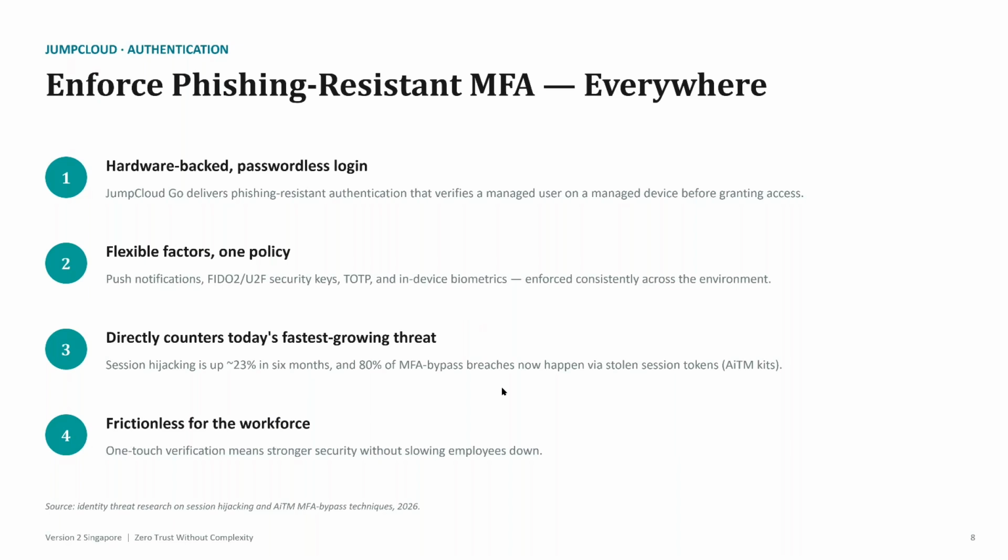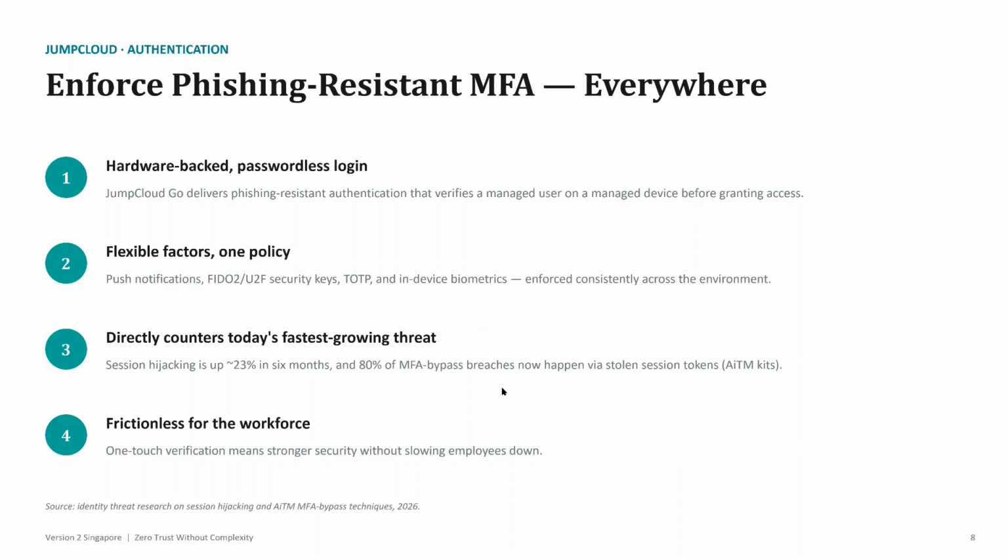And we have flexible factors, so we support push notifications. You can use security keys, TOTP, or in-device biometrics. So you can use an iPhone or install an app to authenticate with your Face ID or Touch ID. That will be much more user-friendly and effective, I would say.